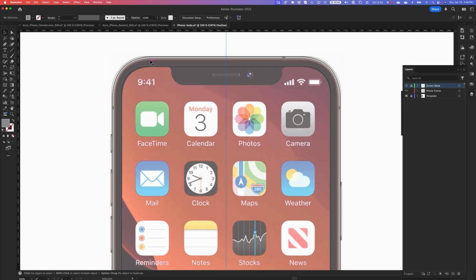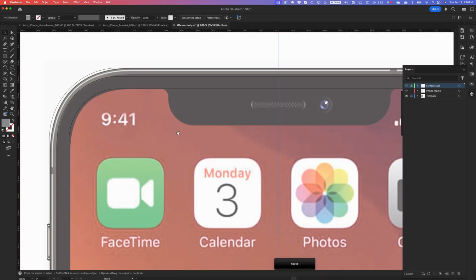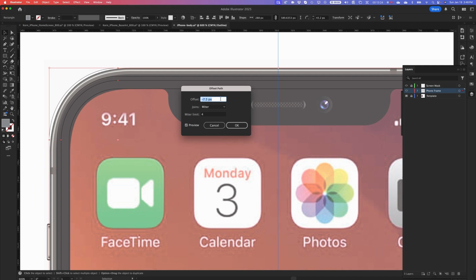And while we're at this, let's just go ahead and take care of a few of these other things. So I do have this little reveal here, and I've got this highlight I'm going to want to deal with. So here's our case, which is our phone frame. I'm just going to select this outside one, object, path, offset path, and we're going to go,